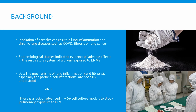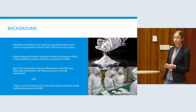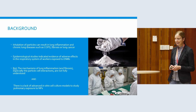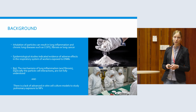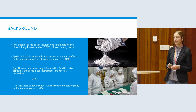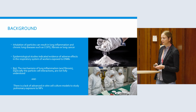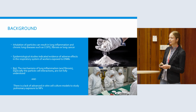To give a little background, it is known that the inhalation of particles can result in lung inflammation and chronic lung diseases, such as chronic obstructive pulmonary disorder, fibrosis, or even lung cancer. There have been some epidemiological studies that indicated evidence of adverse effects in the respiratory system of workers exposed to such engineered nanomaterials. However, the mechanisms of lung inflammation and also fibrosis, especially the particle-cell interactions, are not quite